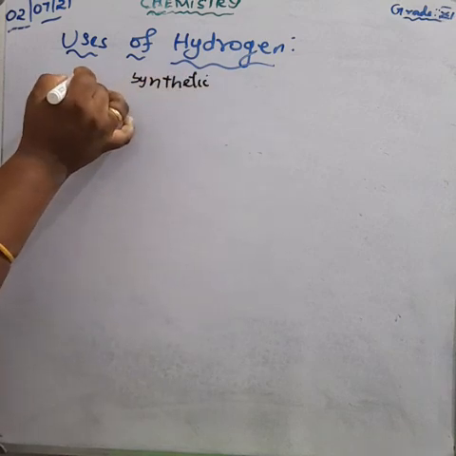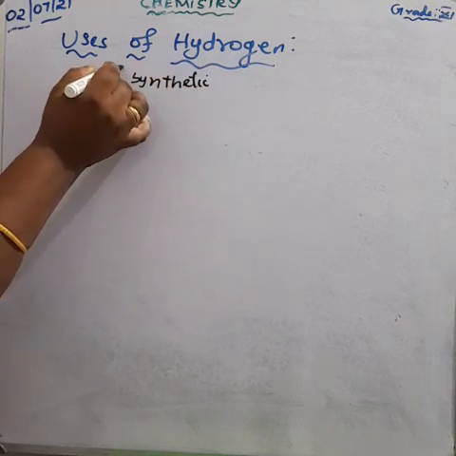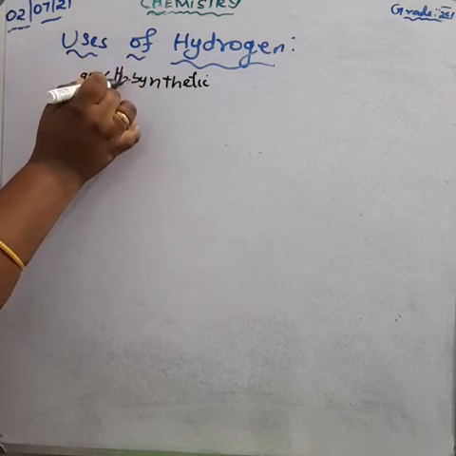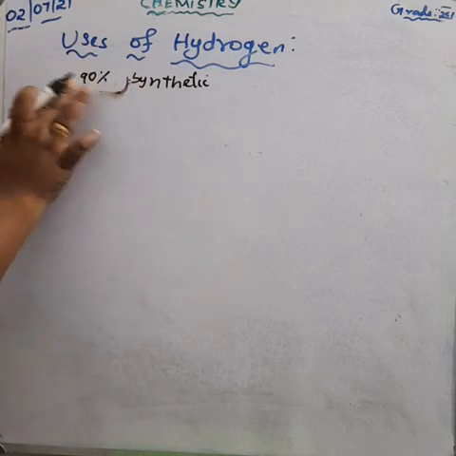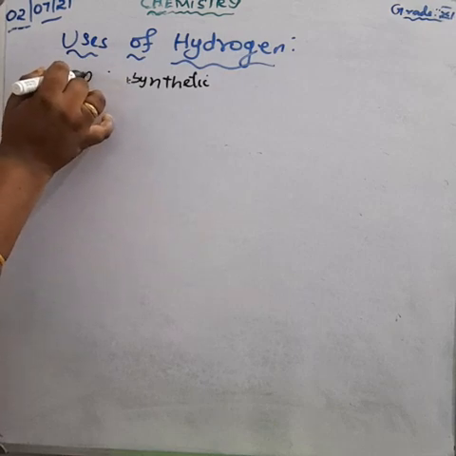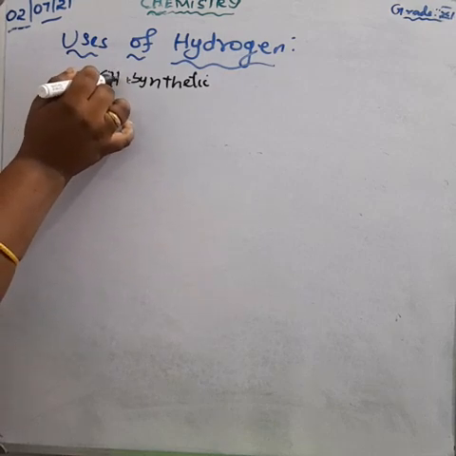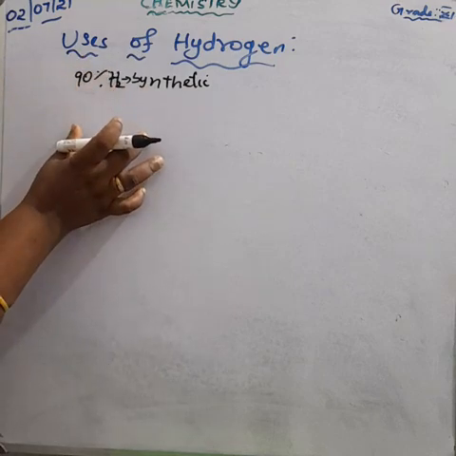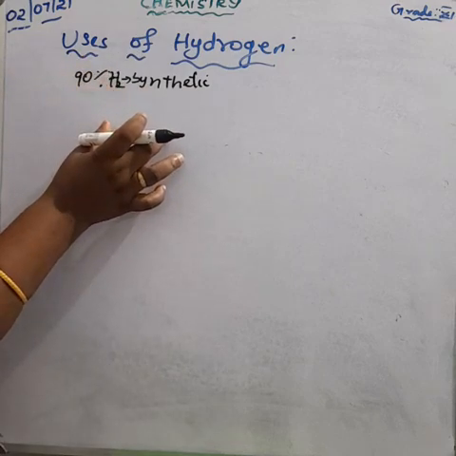Industrial production of hydrogen, preparation of hydrogen, we studied in our previous classes, both the industrial preparation and laboratory preparation. What is the purpose of preparing hydrogen? To manufacture other synthetic